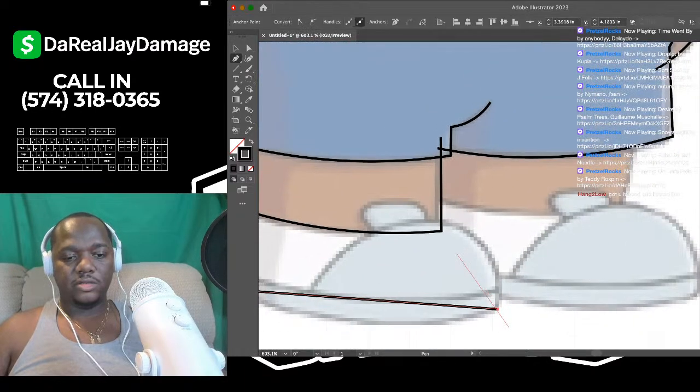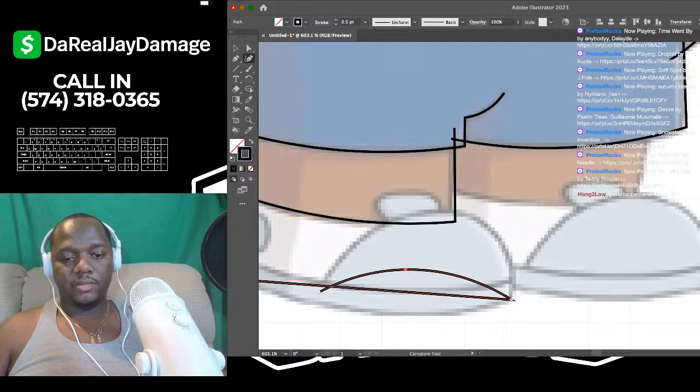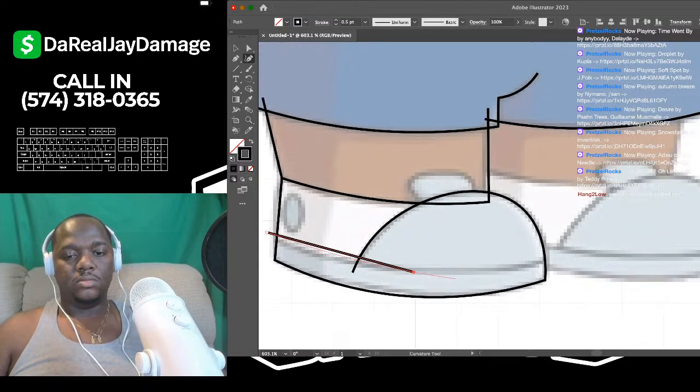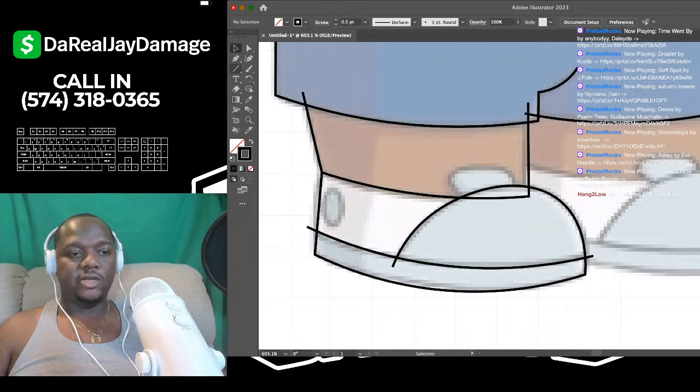That point right there, boom. Let's drag it up. You see that circle right there? You don't got to use your pen tool or your curvature tool.